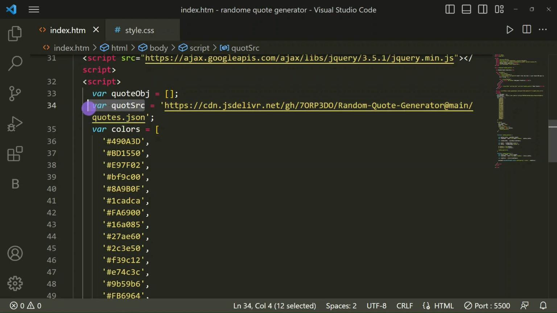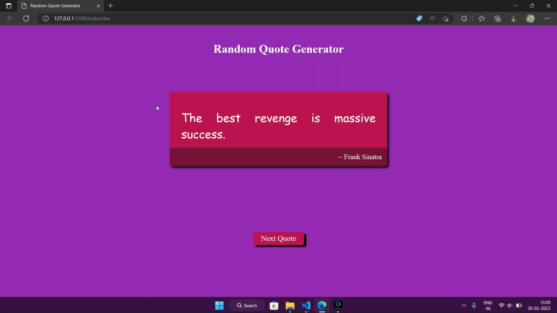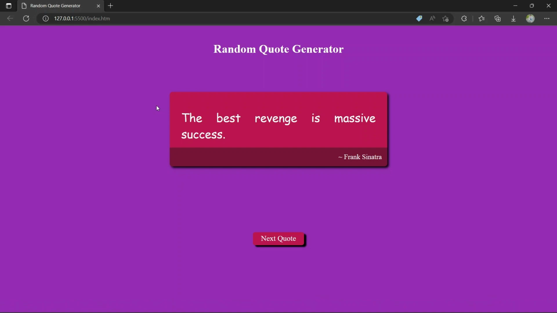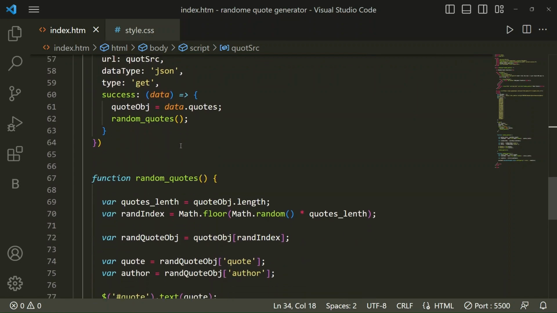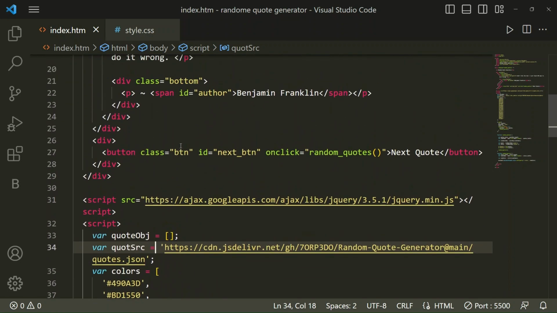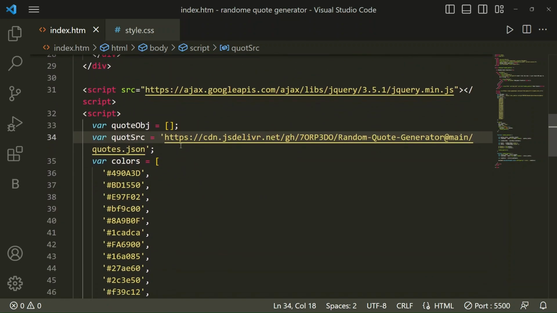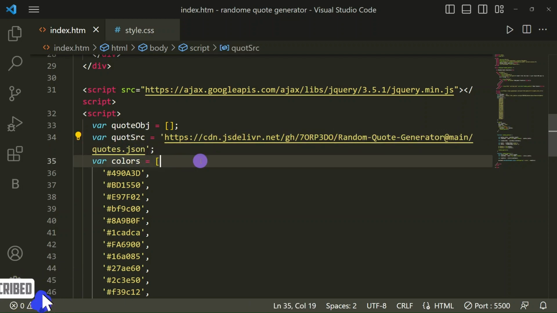Then quote src means from here it's getting the codes. I can't write so many codes one by one, I can't write infinite codes. So for that we have a website to get the codes from, a random code generator website, a JSON.